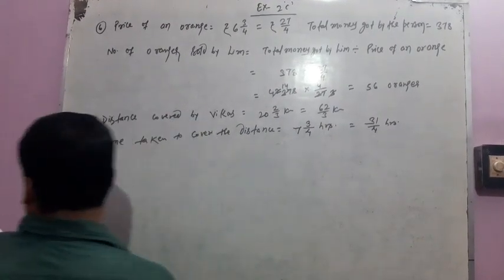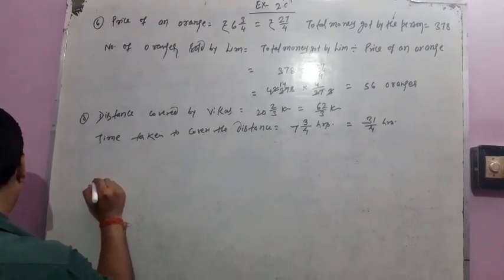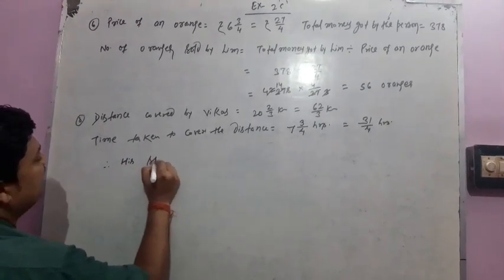How many kilometers per hour does he walk? Therefore, his speed is equal to